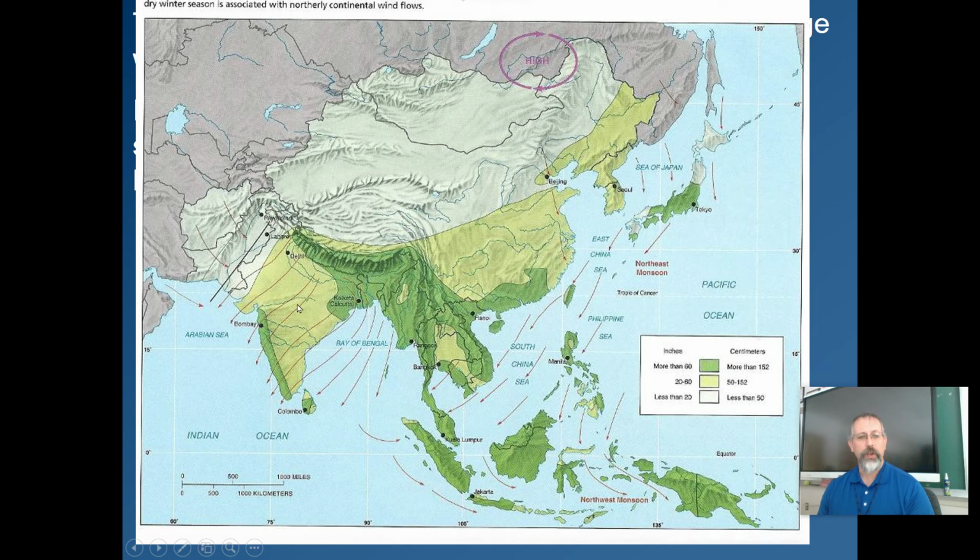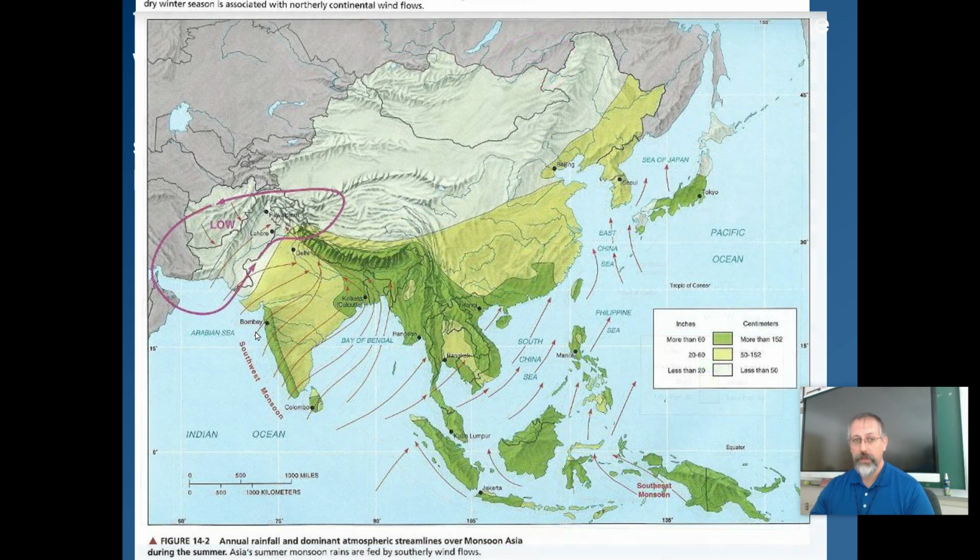That means the winds that go across India, with its almost 2 billion people, are very, very dry. Going over the windward side of the mountain and down the leeward dries them out. And so you get warm, dry winds. Not real great for rain or growing crops. So that's the dry season.